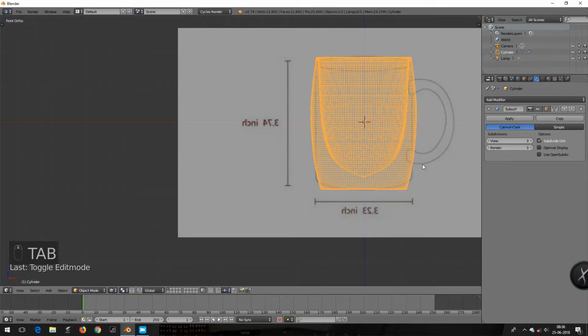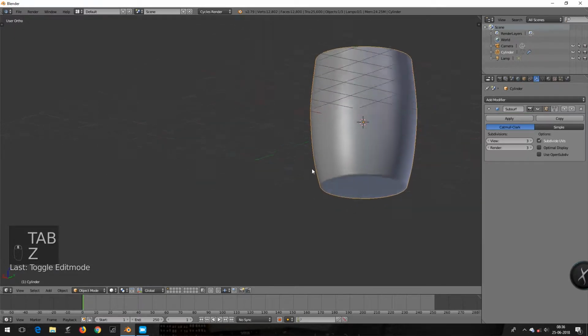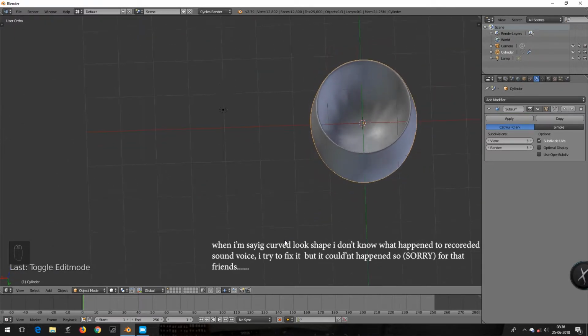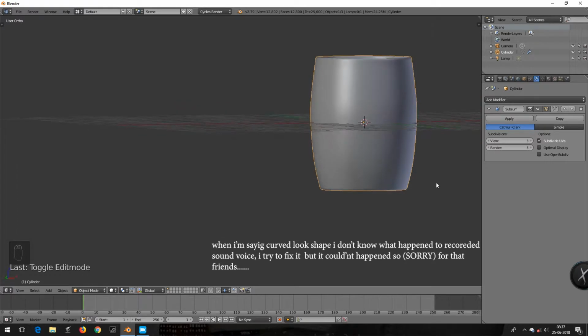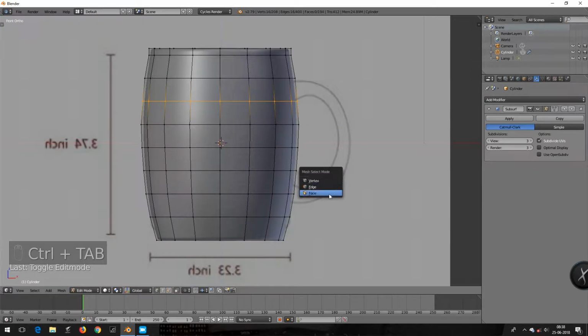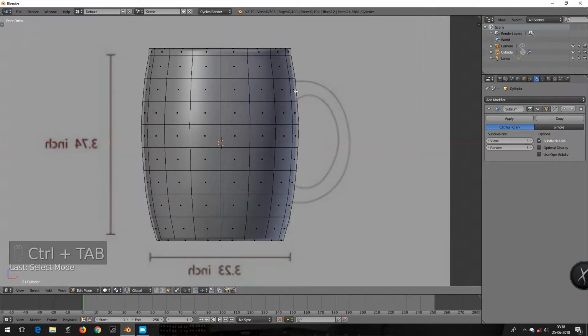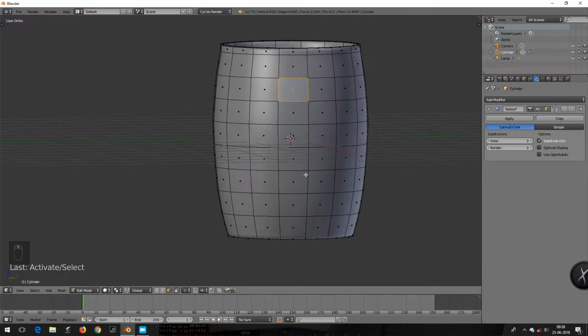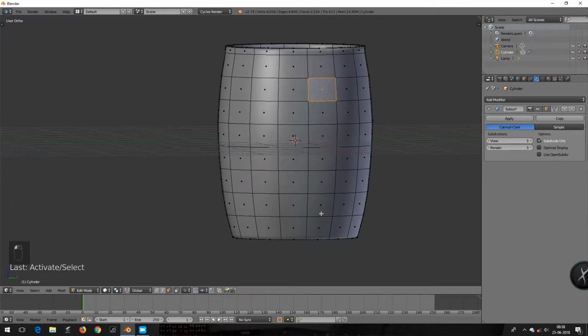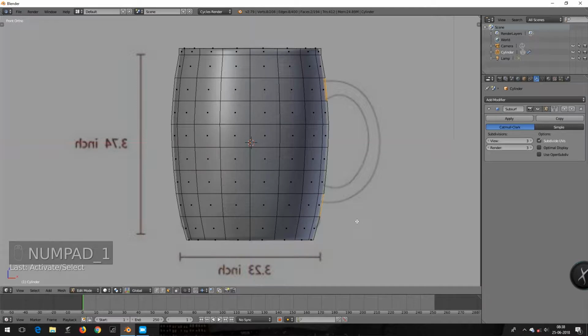You can see now our object has a total round curve look shape. Now what I'm doing, I'm again extruding. This time I'm extruding from the right side of my object and creating a handle for our mug. Now press 1 2 on your numpad key to enter front mode, and now I'm going to extrude by pressing E on